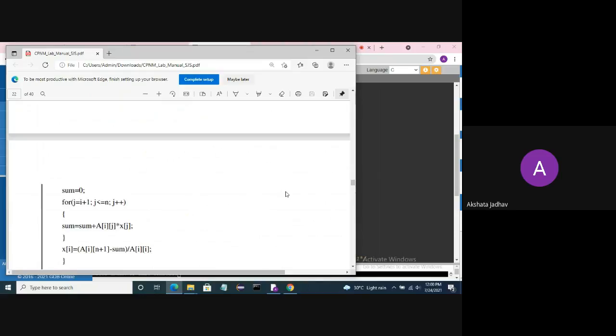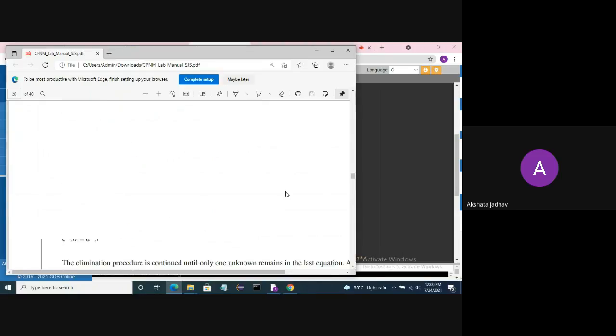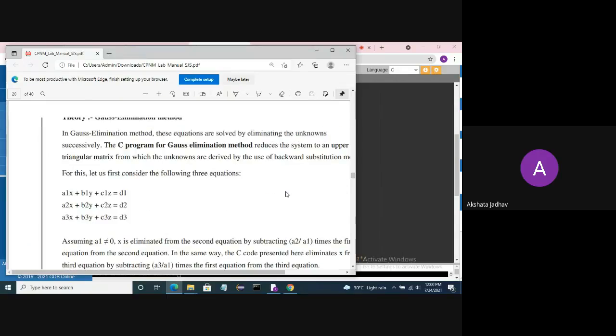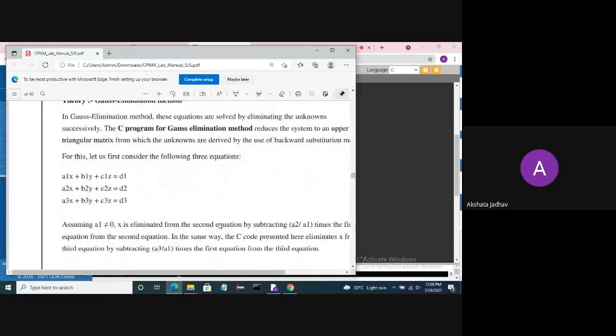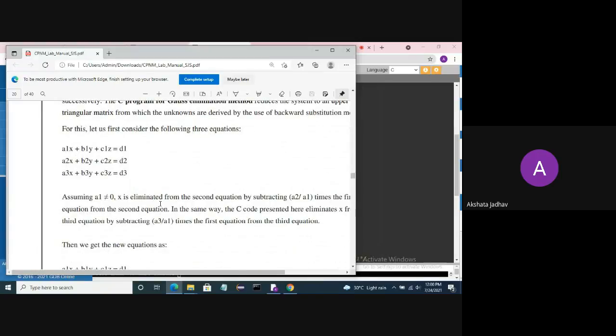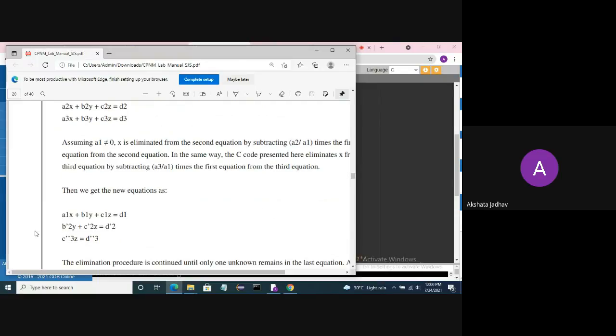We will see the Gauss elimination method. Take three matrix, three equations. Then we will perform first R2 divided by R1, and then second step we will perform R3 divided by R1. Subtract it, and then we will get the triangular matrix with 0.